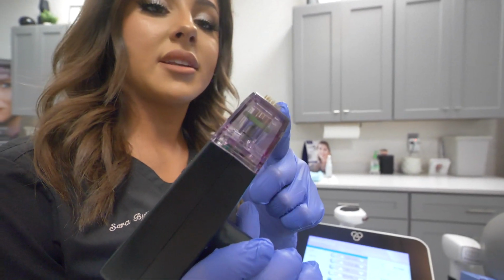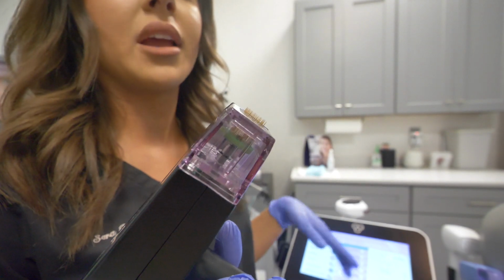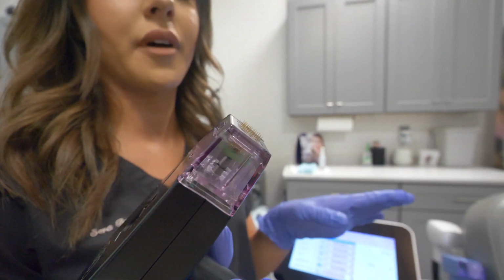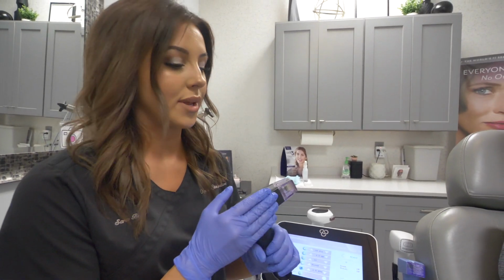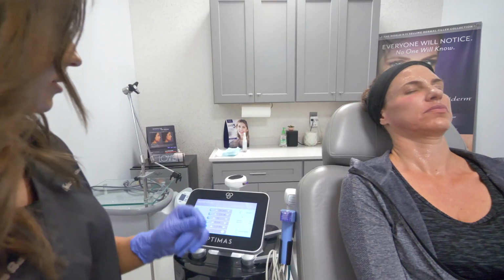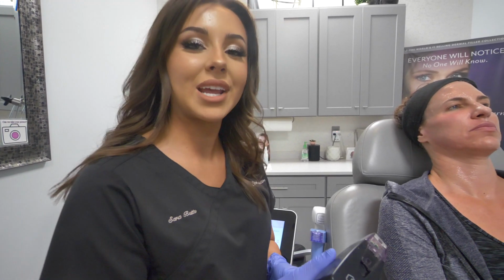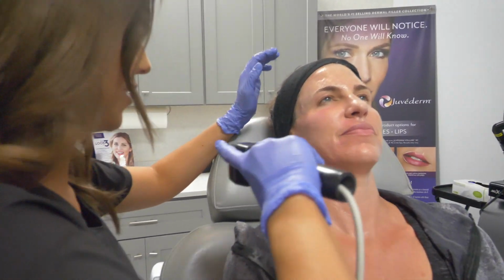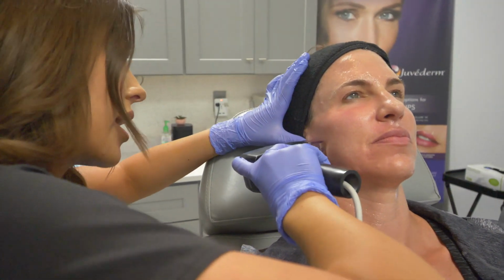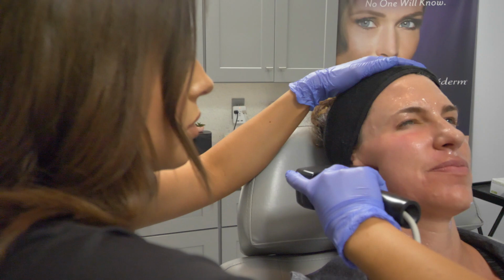and you can see that the needles are staying out and the beeping indicates that that energy keeps firing. A lot of times we like to use this fixed mode so we can fire energy twice in just one pass. And I'm going to be starting on a depth of 3, which is best for skin tightening. You ready? Okay. Let me know how it feels, okay? Okay. 1,